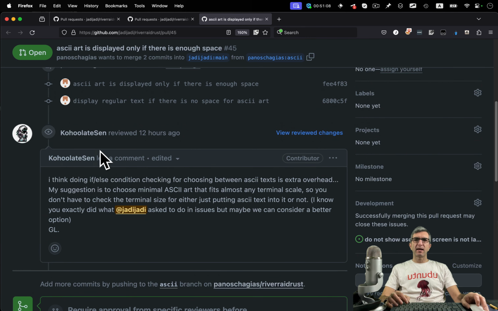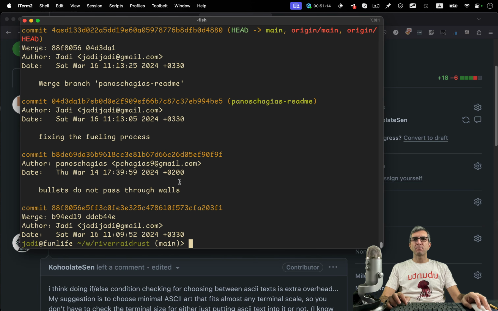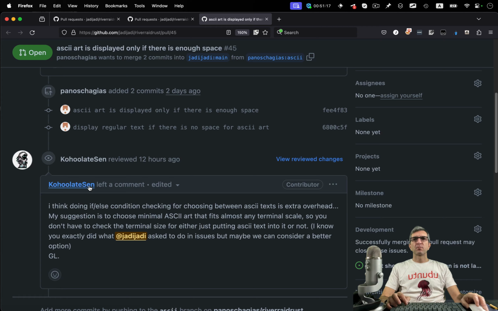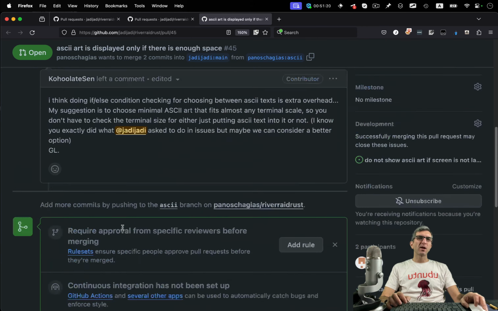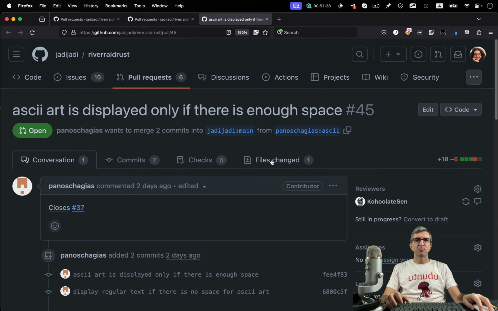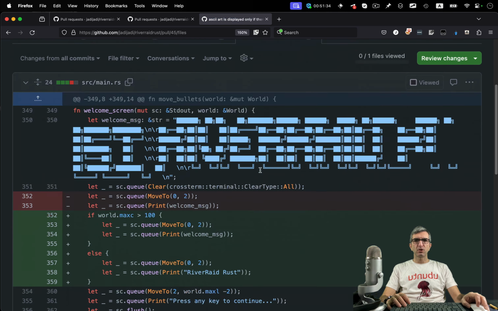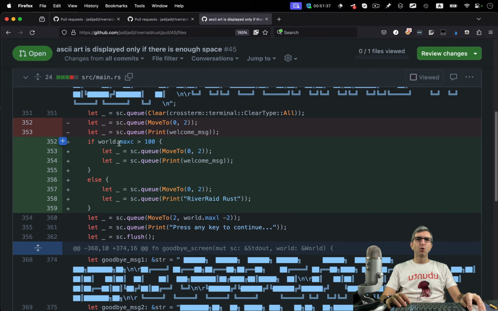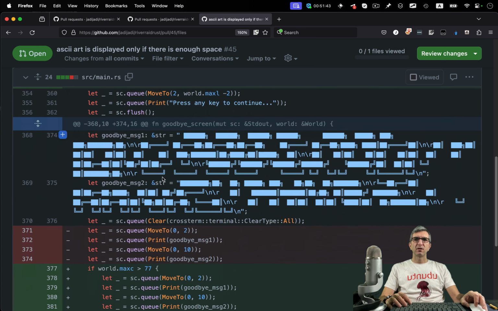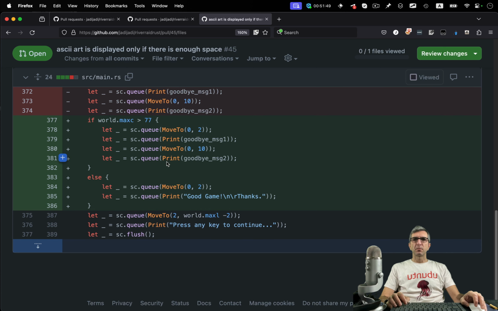This is correct and I agree with this, but we got ASCII art as a PR and I approved it. And I believe what Cool@Sense says is okay. I'm not very into these ASCII arts, especially these huge ones. We can make them smaller, but let's do it on the next step. So I will go with file changes. What? We had a network issue. Now there are some ifs. If word max C is larger than 100, do this. Otherwise, just write this. Very straightforward and understandable.